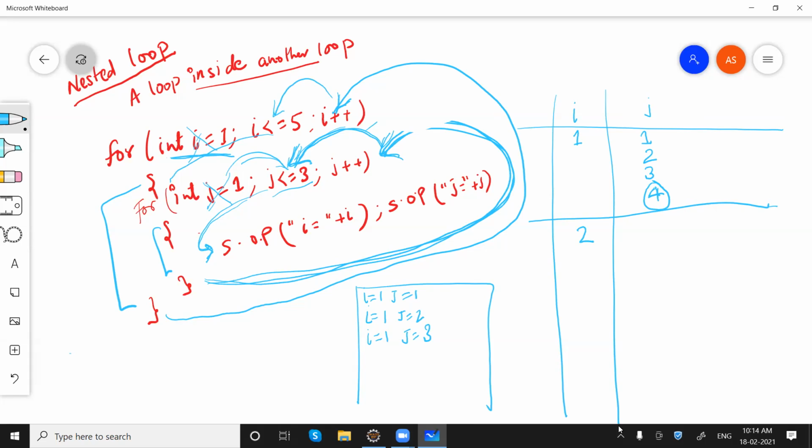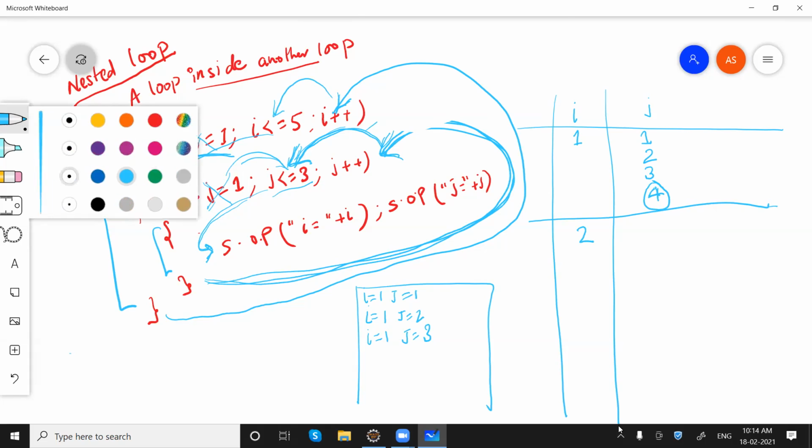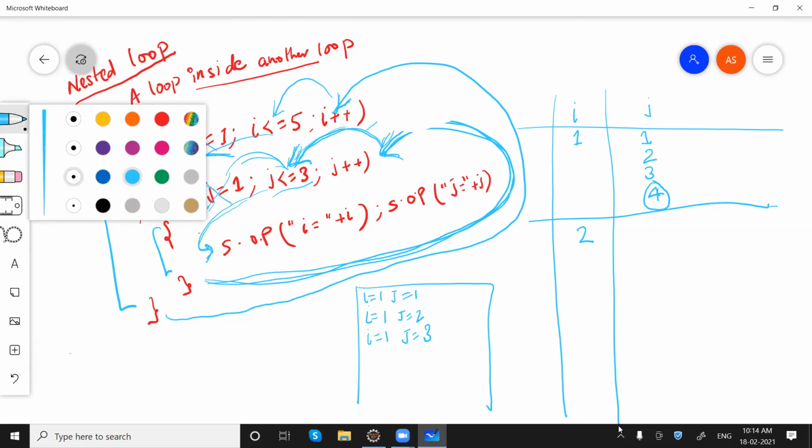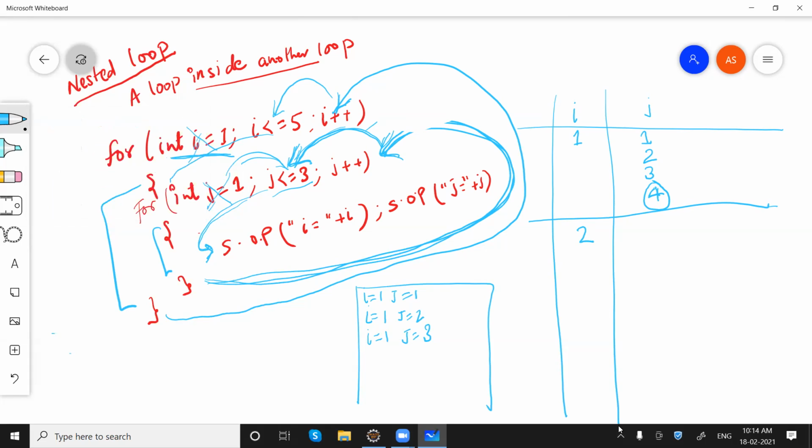Yes, it is. So instead of taking 5, let me take a small number so that we can go through it quickly. Or let it be 5 for now. So what we have is 2 in i, which is less than or equal to 5. Go inside. Now we are coming here again, but in the beginning I said this will be executed only once. Now we are coming again, so that's why we are executing this step.